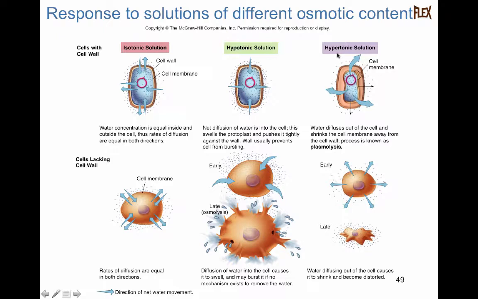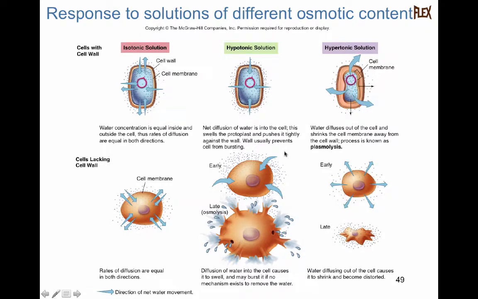And then on the contrary, in a hypertonic environment, and this is what is exploited for example in preservation of foods, jams and jellies, or treated meats with a lot of salt. They have a high amount of solute, and this causes the water to leave any potential contaminant cells, and the cell will dry up. So it's a good food preservative. The cell's drying up because the water is leaving the cell. There's a higher concentration of water inside than outside the cell.